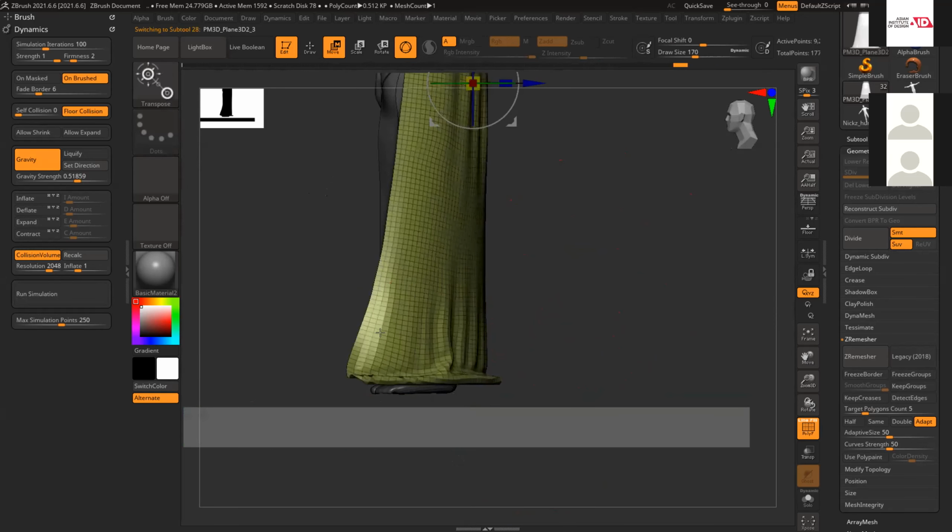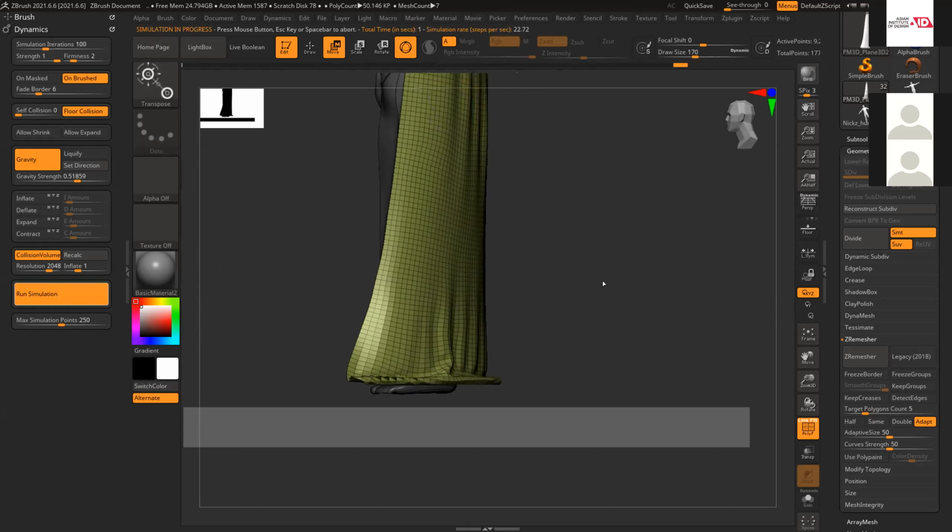Is it not coming in contact? The collision is such that there's a distance between this mesh and this thing. So that collision distance is there. If you want, we can modify all those things, with all this strength and firmness, we can control it. Inflate also I can reduce and fix it. But the easy thing is just move it down, simulate it.